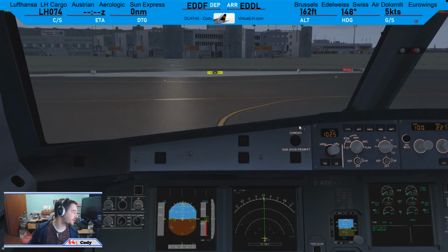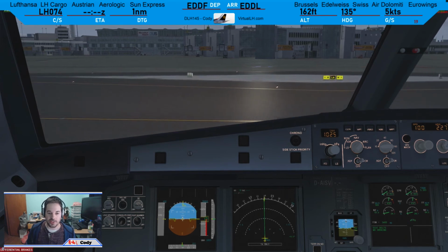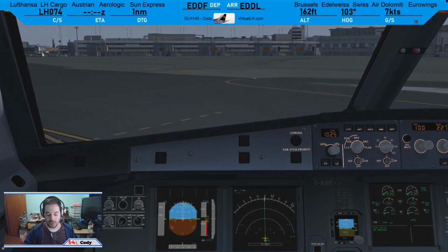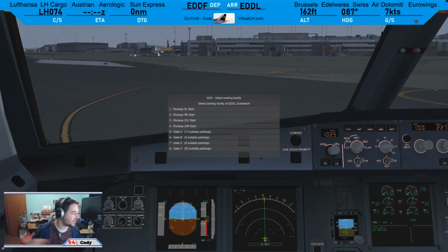So we're going to come to the left here onto Lima 6. Now, in the opening of the video, hopefully I cut it in, you would have noticed I started using Ultimate Ground Crew X just for pushback. I'm still using GSX for arrival and for loading and stuff like that because Ground Crew X doesn't have that, but